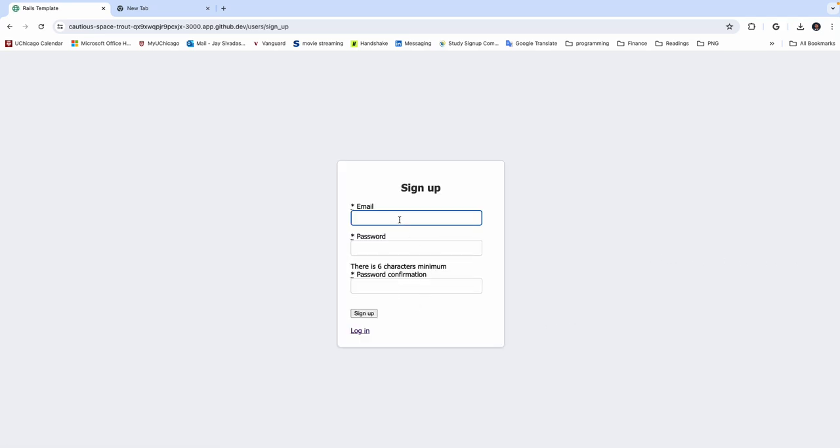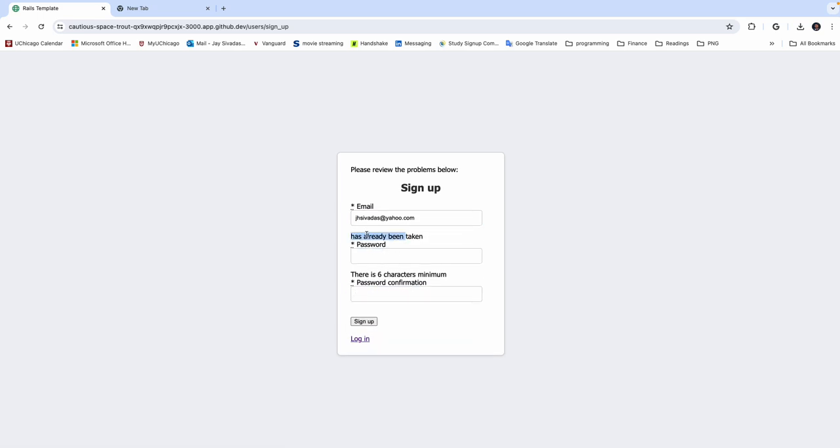The sign up page is based off the Rails template, where you can enter in an email and it will validate that the email wasn't already created. So we can first start off with an email that I know is already in the account and try to set it up. Since I've already made the account, it'll tell me that the email has already been taken. Instead,